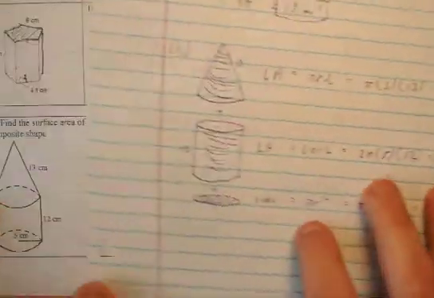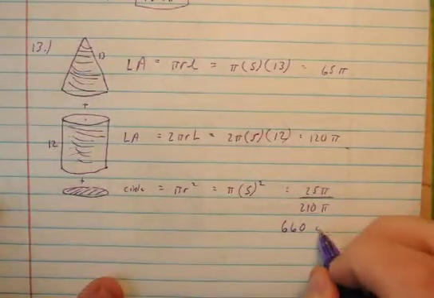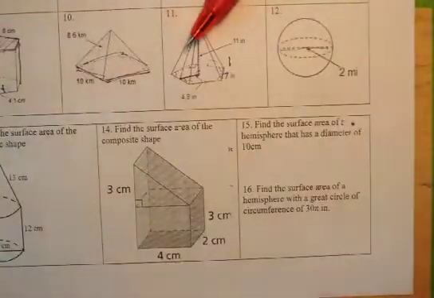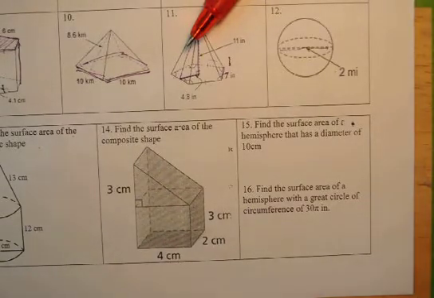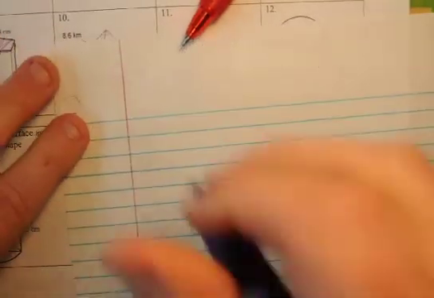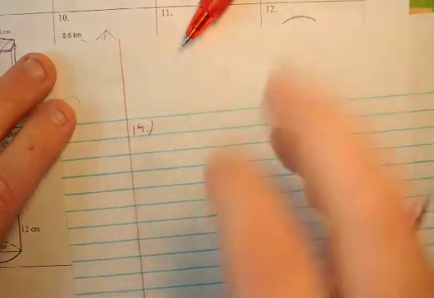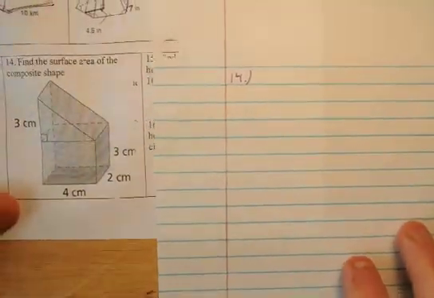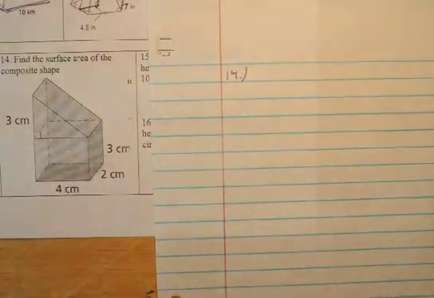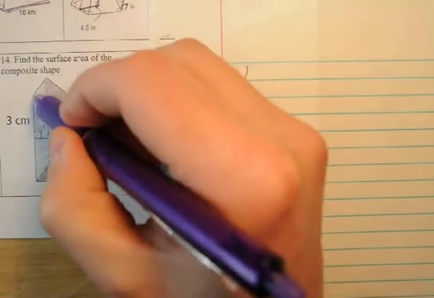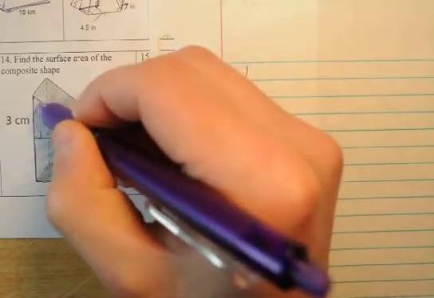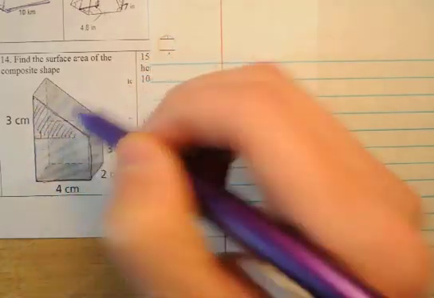And what are we working with here? We're working with centimeters. Another page bites the dust. Here we go. Next, number 14. 14, we have ourselves the surface area of this composite shape. So I'm going to break this down, and I'm going to call this the base. Think of this as the base. And for this base, we've